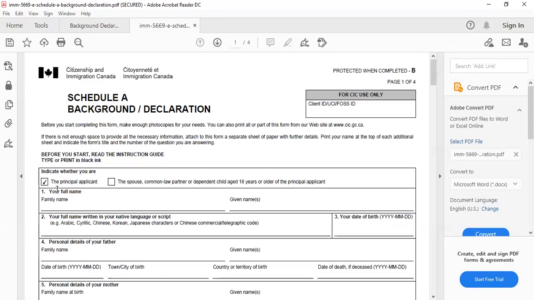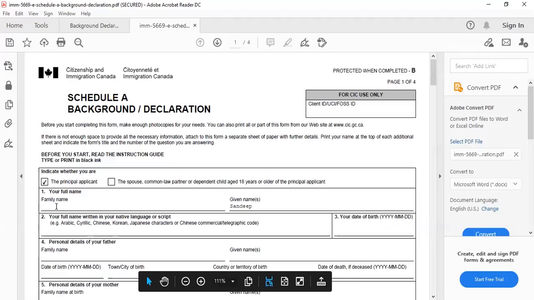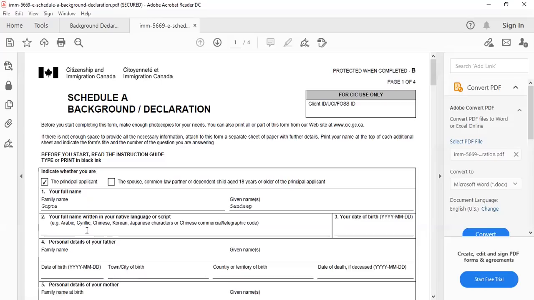Since you are filling this form for yourself as the primary applicant, you need to select primary applicant over here. Then you need to enter the family name and the given name, like the given name is Sandeep and the family name is Gupta. Then you need to write your name in your native language. Since I'm from India, I need to write the name in Hindi.